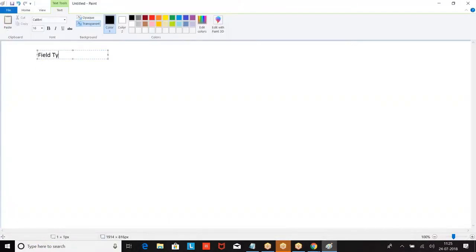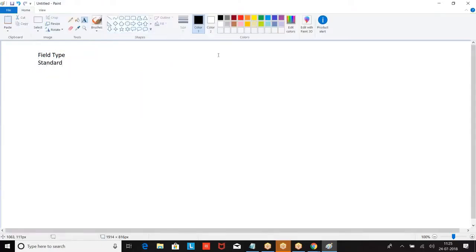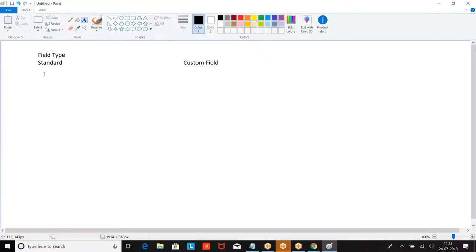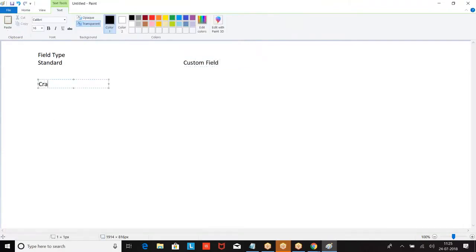Field type, standard field and custom field, field created by, values entered by.